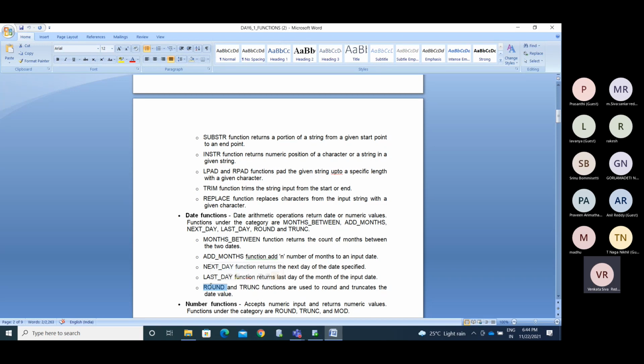If it is greater than 12 p.m., like 12:30 p.m. or 1 p.m., it will go to the next day. So the round function works for the hours.